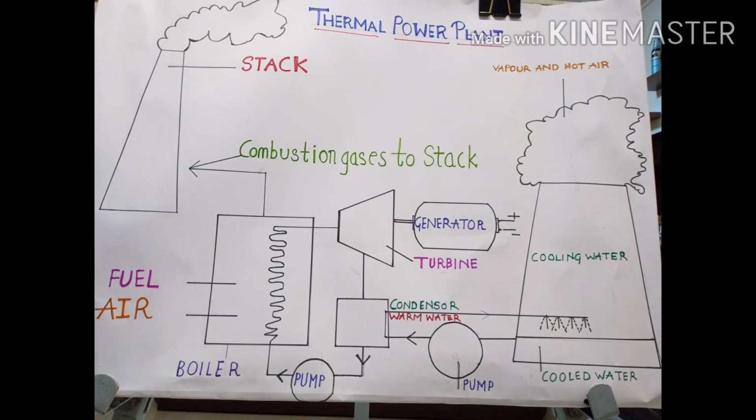Now each power plant has its own advantages and disadvantages. You could have understood right now, since it is using the fossil fuel coal, poisonous or toxic gases are released, which will definitely have a harmful effect on the environment and also on human health. So we will now move on to study what are the advantages and what are the disadvantages of generating electricity using a thermal power plant.